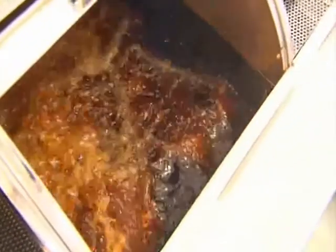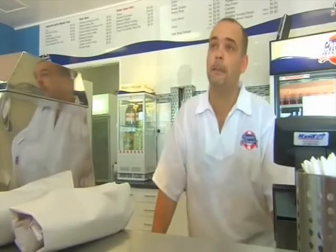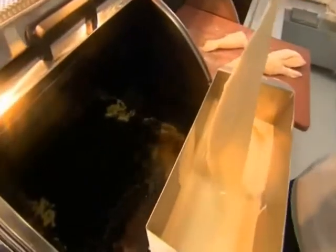The reason we use fresh chips is they're better for you. They're very high in potassium. The flavour is just, you just can't match it. Yes, you don't get a crisp chip, but that's not British fish and chips. It's not crispy chips. The fish that we're using today actually was caught by a boat called the Vestron just